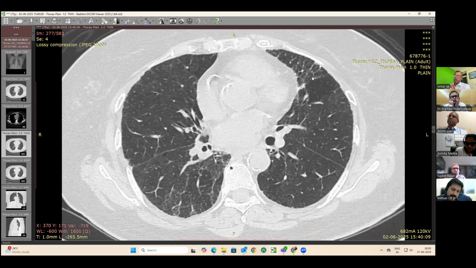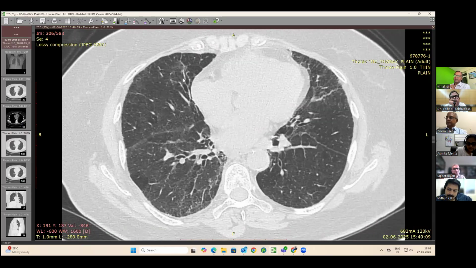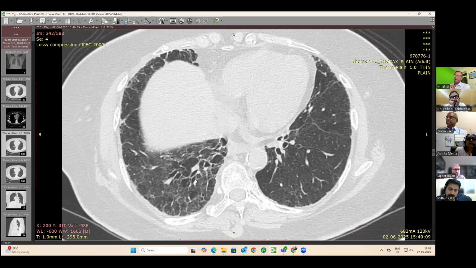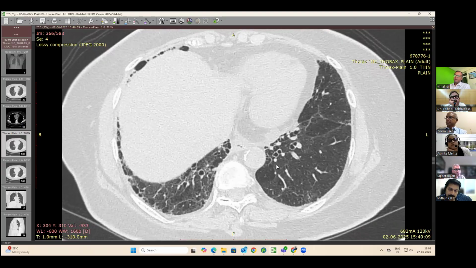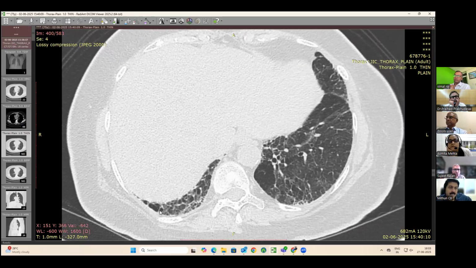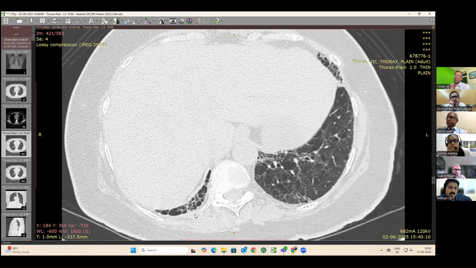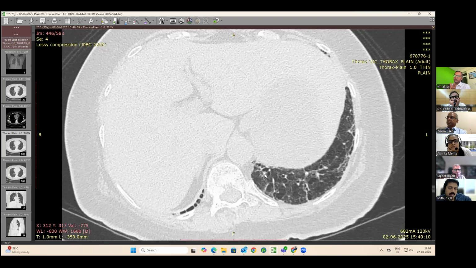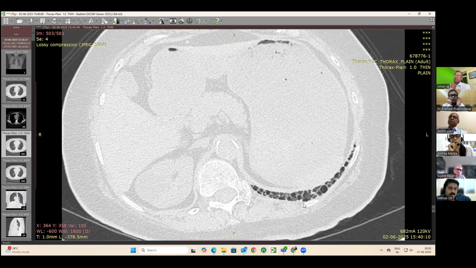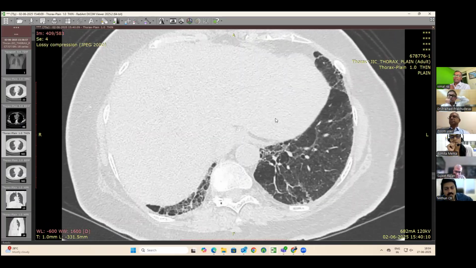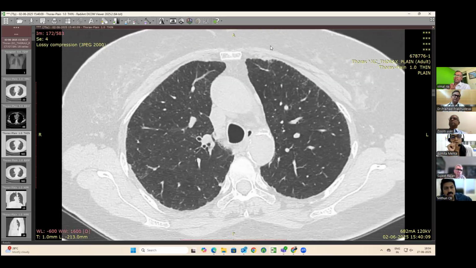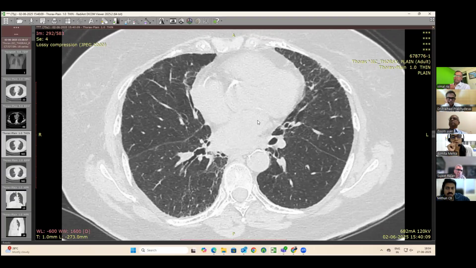Traction dilatation of bronchi has started to set in. You can see here in the right middle lobe and lingula, reticulation. As we come further down, mild mosaicism is there in the lungs, and towards the extreme lung base you start to see early layers of honeycombing which have started to form. Towards the extreme lung bases, we can see honeycombing has started to settle. There are no telltale signs of a dilated esophagus or too many lymph nodes. The pulmonary artery size is also within normal limits.